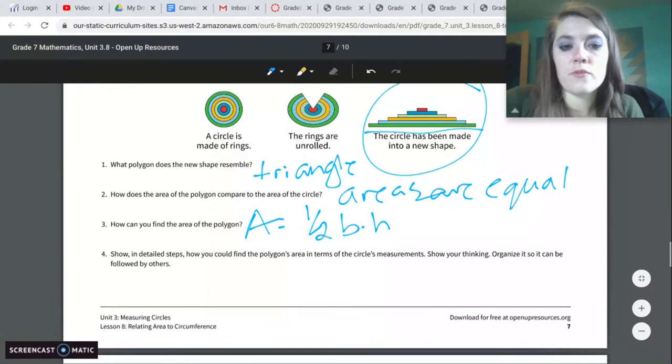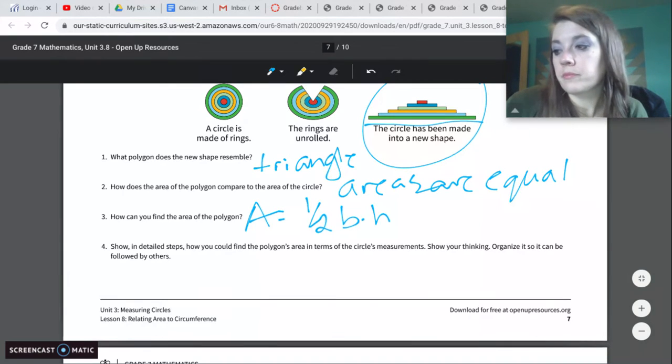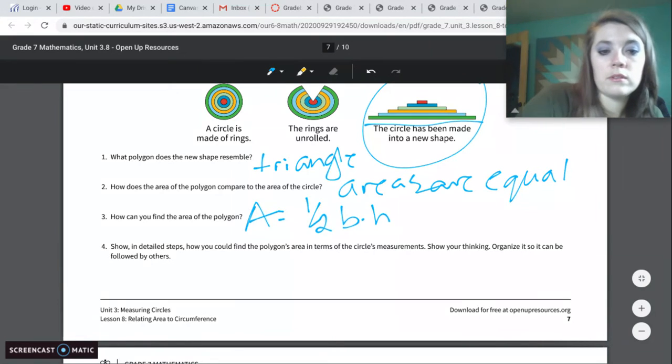So that's our formula. So now for number 4, we want to show in detail steps how we could find the polygon's area in terms of the circle's measurements and show our thinking. So we're going to take and write what this would look like out. So we'd take our area would equal,